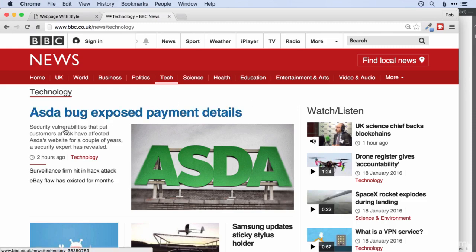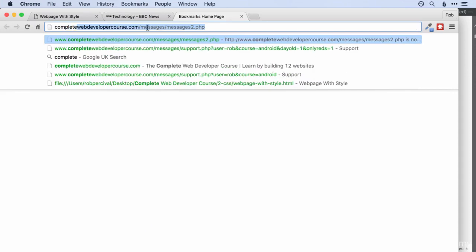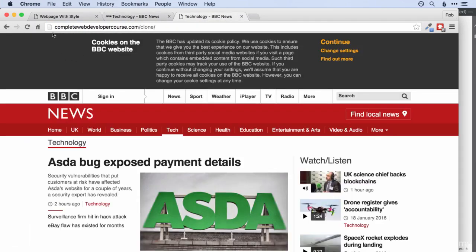We're not going to use the exact same font, and some of our layouts might not be exactly the same as this site, but it'll be close enough that the layman probably couldn't tell the difference, at least at first glance. One final thing before we begin. Of course, the news on whatever day you're doing this is going to be different to what I'm seeing here. I think that's a plus, and it will give you the opportunity to do something slightly different to what I've done. But if you want the exact same page that I'm going to be working with, then you can jump to